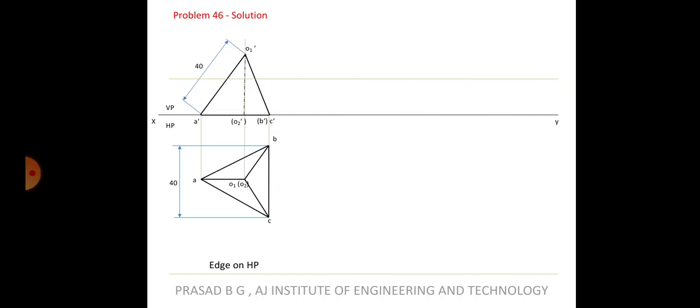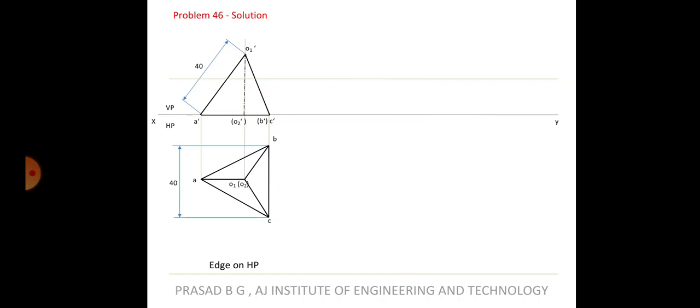Now there is another important thing you have to note. I don't know whether some of you have already had this thought. What about the O dash B dash line? Can't we take that as 40? Why should it be O dash A dash that is 40? Because on the other side you have the O dash B dash and O dash C dash lines, isn't it? Can that be equal to 40? Is it possible if I take 40, cut the arc and join it on the other side? No, you cannot do that.